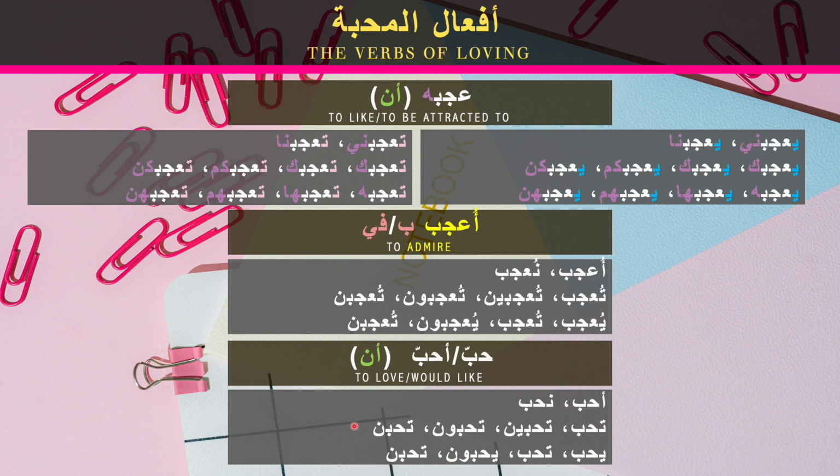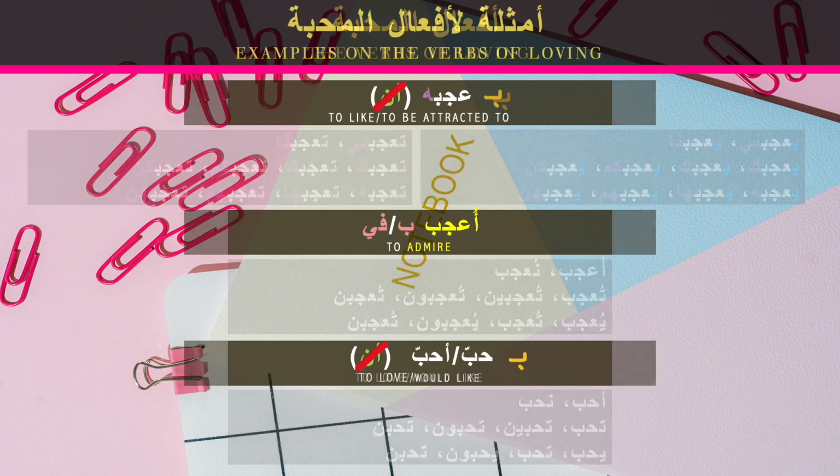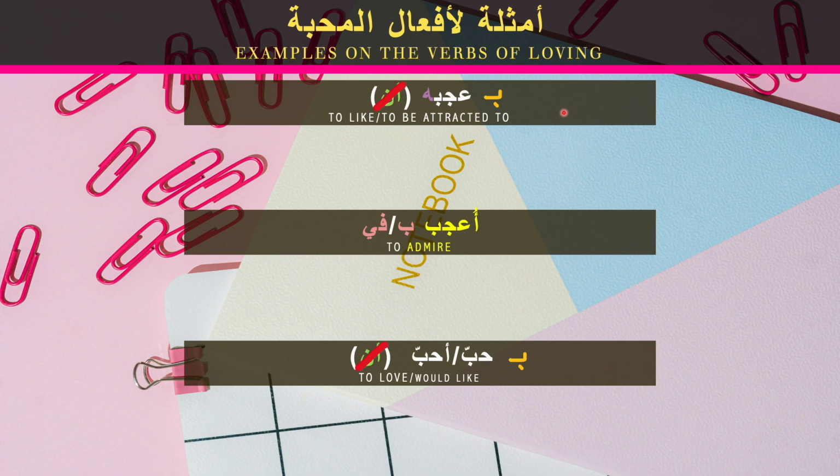What I want you to know is that these verbs are used in the same way in modern standard Arabic, the same way in today's spoken dialects. The only thing is that in some dialects they add ba at the beginning of the verb, like for example, بيعجبني, to give the meaning of the present, to make it more progressive, and they don't really use أن much, and if they want to use it, they use it to emphasize the meaning, and they use في instead of بـ. Now let's take examples on this group of verbs.